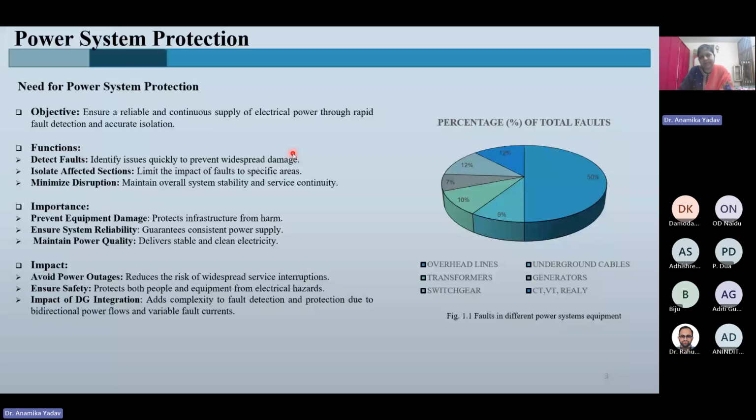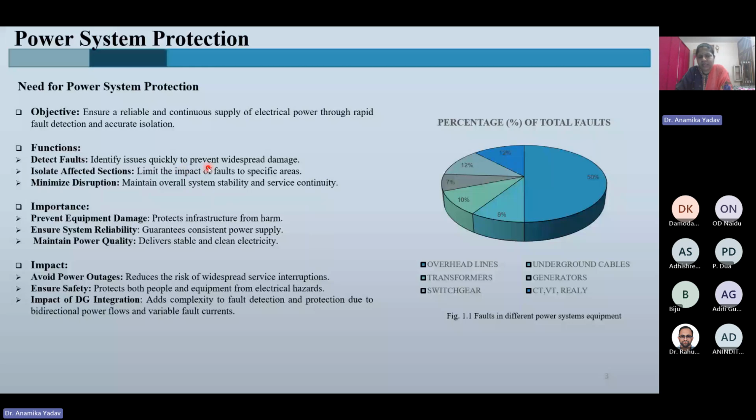Obviously all have already studied about the power system protection scheme. So what is actually the basic need of a protection system in a power system network? It basically ensures that a continuous and reliable power supply is provided to the different loads, and that can be done by providing fast and accurate fault detection and isolation techniques. So the protective relaying functions are basically first to detect the fault. So it is used to identify quickly the presence of a fault, and